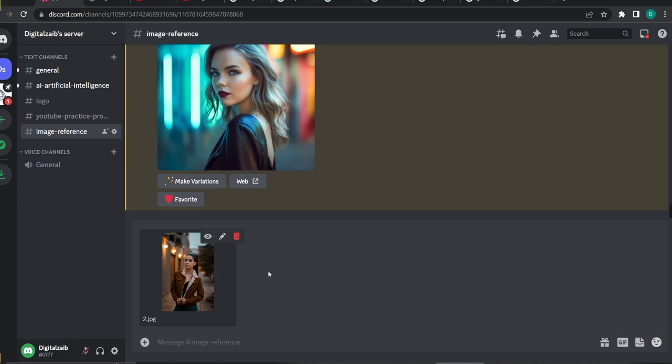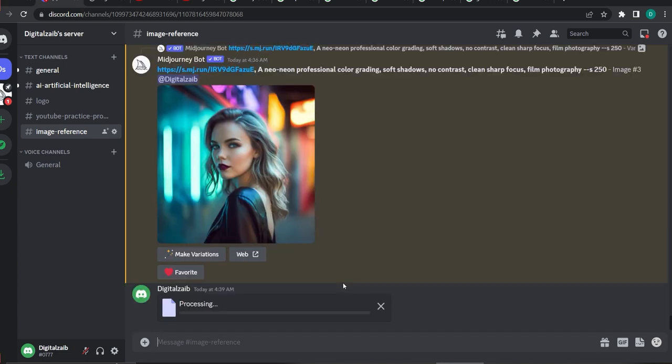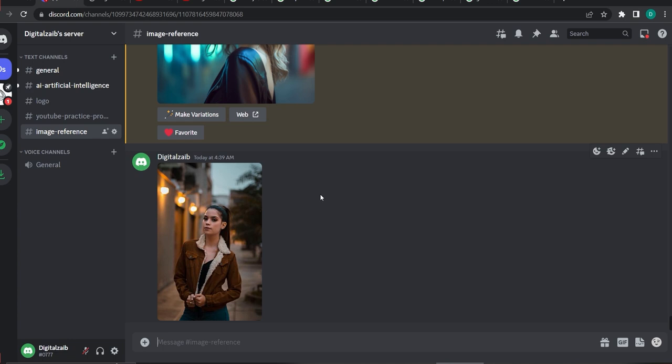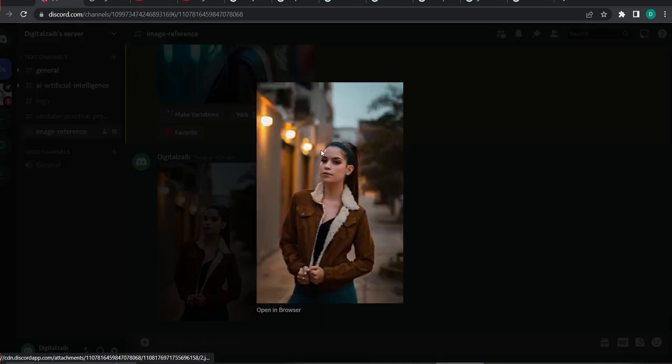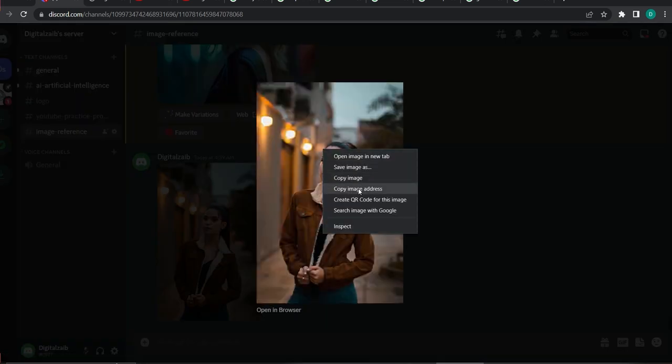So you can do two things. One, you can click, or you just hit the enter button. When you hit the enter button or click, this pic has been uploaded here in Midjourney. Next, we will click on it, then right click on it and copy image address. If you don't have a copy link option, then you will click on copy image address,